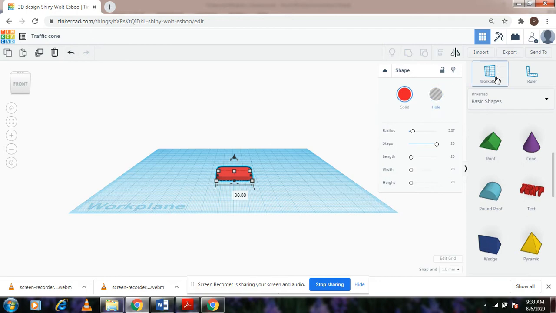Or you could simply click on work plane, assign the topmost part of this base that we've created as the work plane for any other changes that we would like to make, that is add the cone onto the work plane.